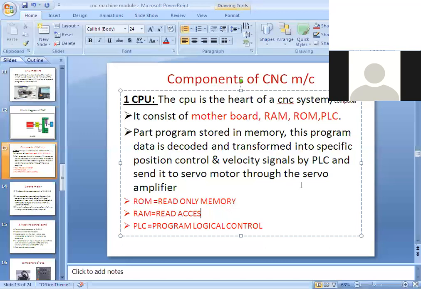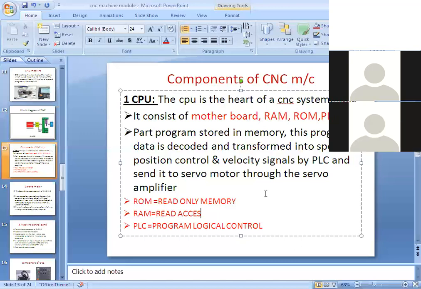I hope you are understanding this concept of the component. First component, are you understanding or not? Yes, sir. Nothing new in the CPU, the basic concept of computers, everyone knows that. But how you convert a program into action is very important.